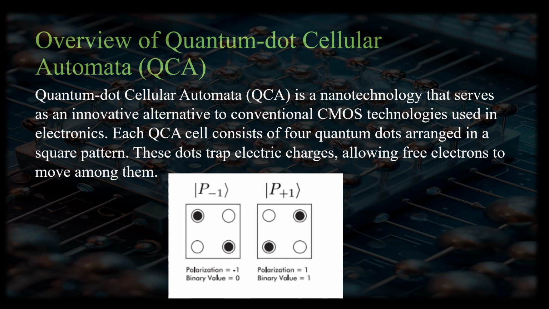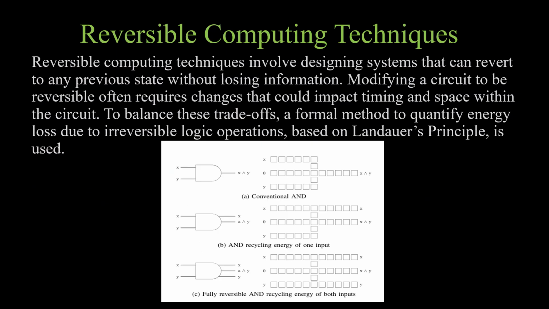These electrons are subject to Coulomb forces, causing them to repel each other and settle at opposite corners of a square, establishing stable polarization states that represent binary 0 and 1, as illustrated in this image. The proximity of one QCA cell to another affects their polarization through Coulomb interactions, a principle that can be used to create logic gates. And the other is the